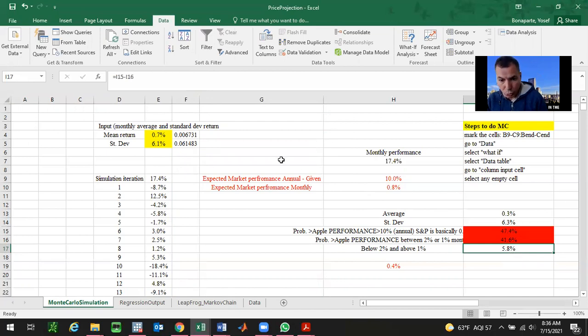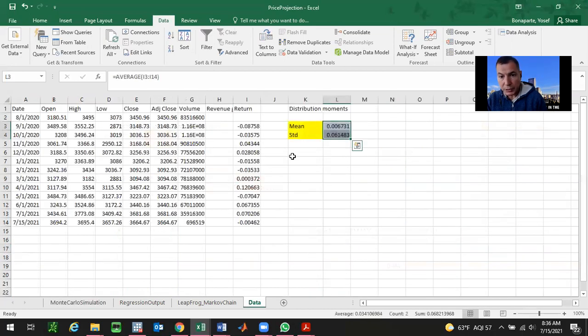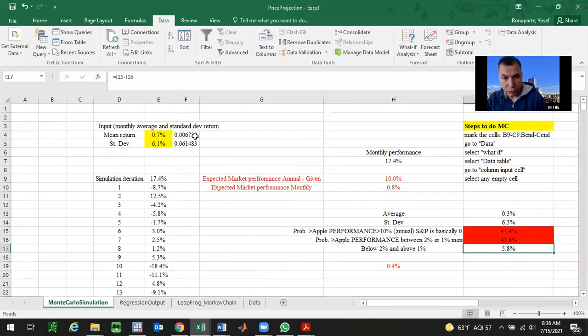So all I want you to do in your presentation is pick a company, collect the data, get the 2-moment distribution, put this 2-moment distribution here, do the simulation with what if, and then just show me in the video some simulation. You want to have 1%, I put 1% and 2%, but you can do 6%, 7%. What's the chance between 8 and 15%? Anything you want to do. So this gives you the probabilities for every